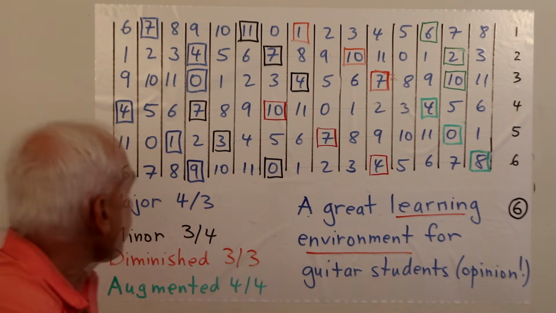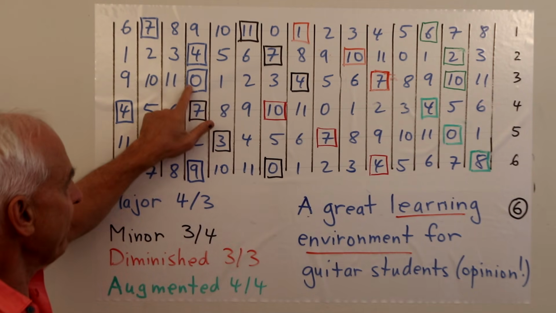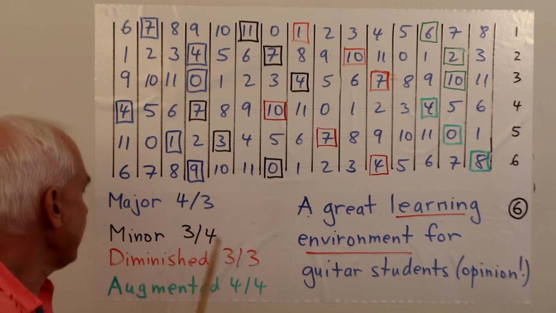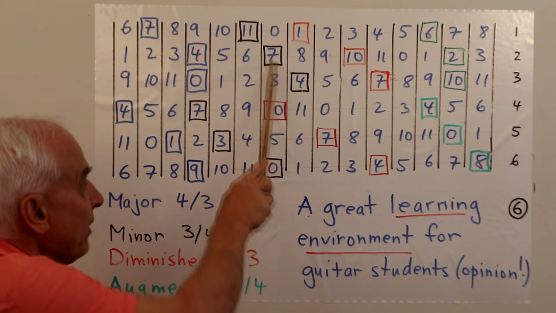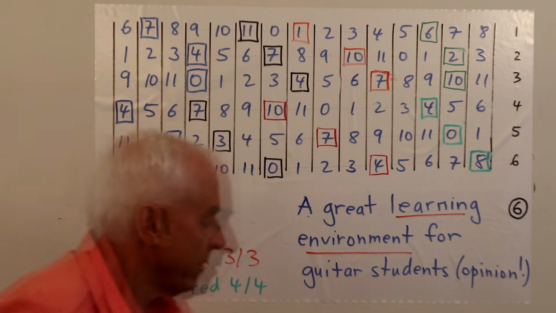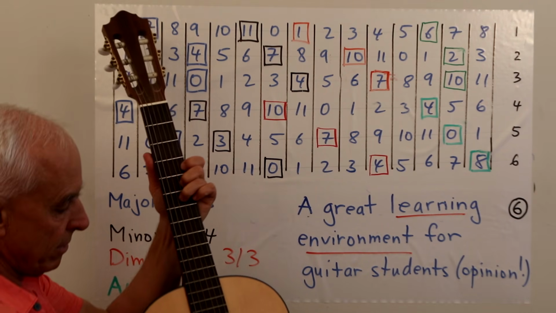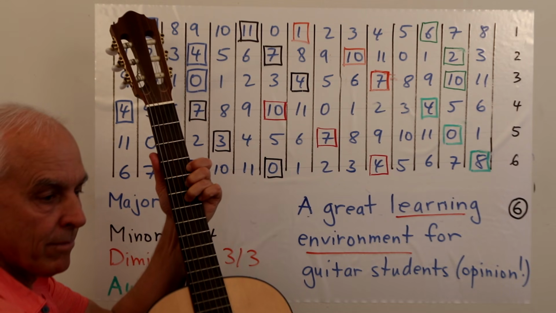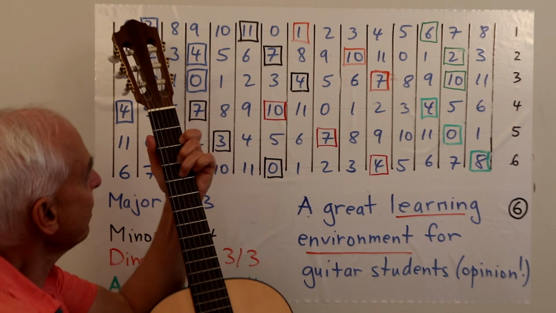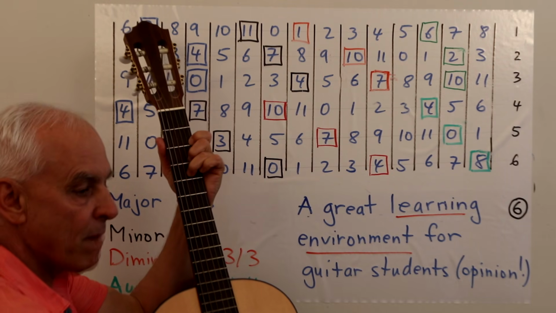Okay, good. Now, how about a minor? So here's a minor. And I have to start somewhere else because I've already used the 0. So let's start on this 4 rather arbitrarily. How are you going to figure out what the minor chord is? Well, it's a 3-4 chord. So you have to go up 3 to the 7, and then you have to go up 4 to the 11. So there's a minor chord, 4, 7, 11. What does that look like? That's like these 3. Minor, right? Major was this. Minor.